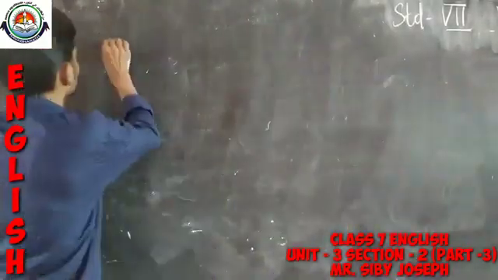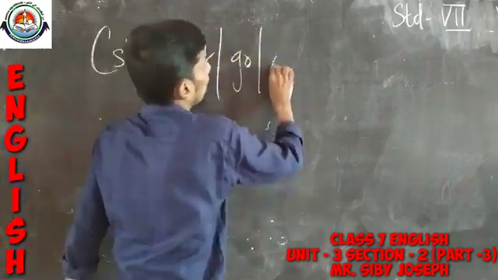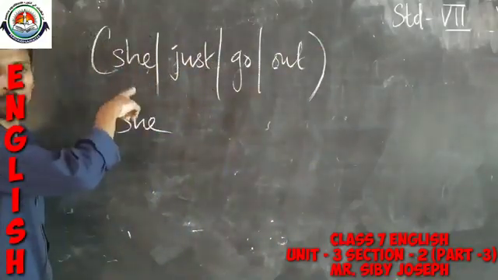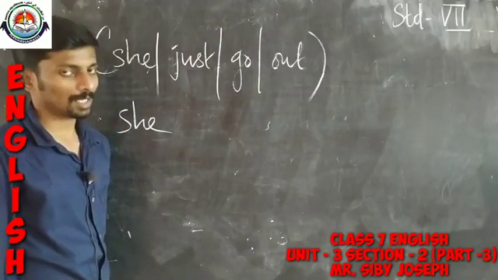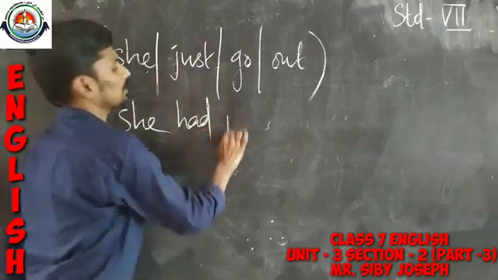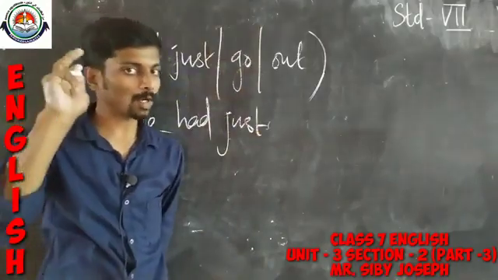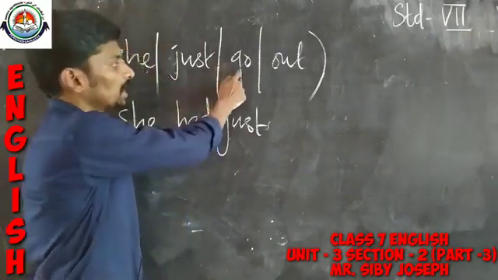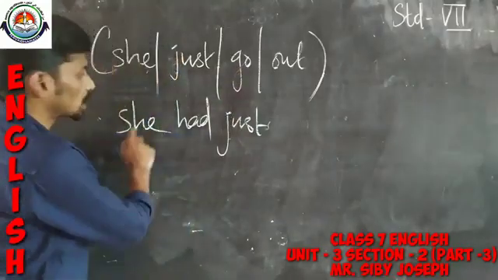Look at the second one. She just go out. Now tell me, first the subject. There is no change in the subject. She. Then tell me, we have to use had. Very good. Had. She had just. Then go is the verb. So, we have to use the V3 form. I have already mentioned this particular word while we were discussing the V1, V2, V3 forms. What is the V3 form of this word? Go, went, gone. So, she had just gone